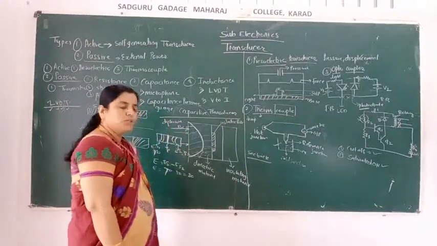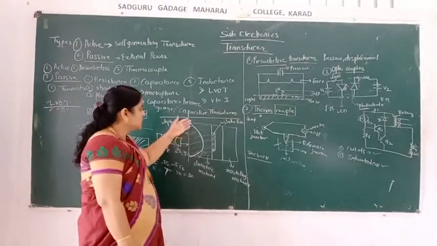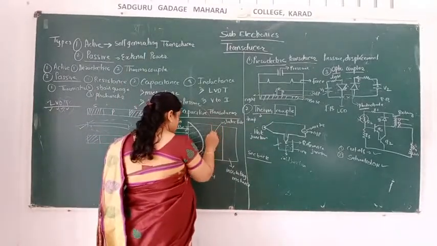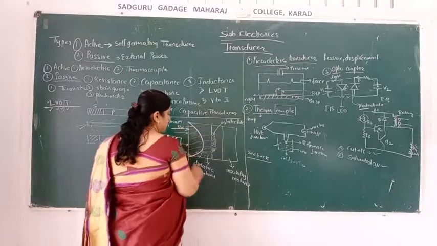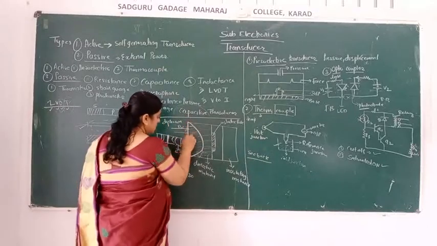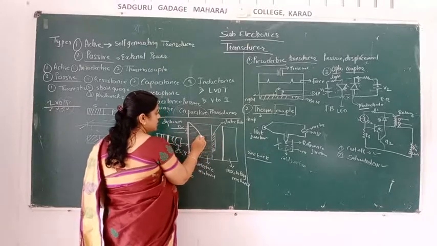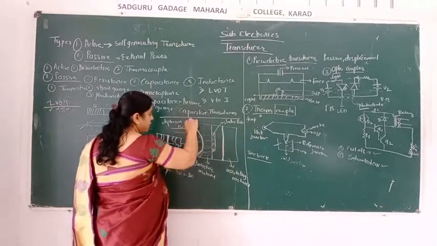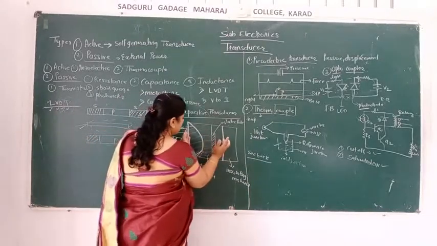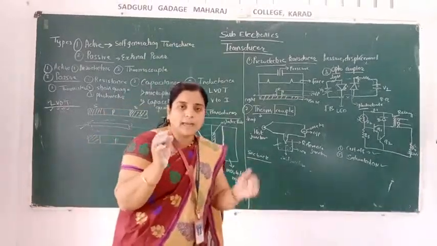So what happens in a capacitive transducer? When pressure is applied on the diaphragm, the distance between these two plates, the static pole and the diaphragm, changes. These are two parallel plates. The distance between them will change because the diaphragm will not be a straight line, it will bend like this. Initially this much distance was there, then it will be this much distance.